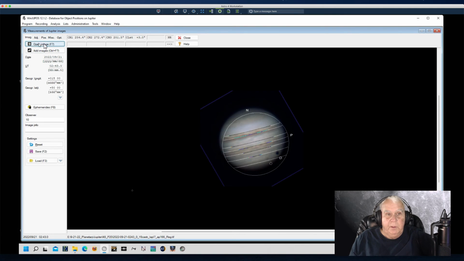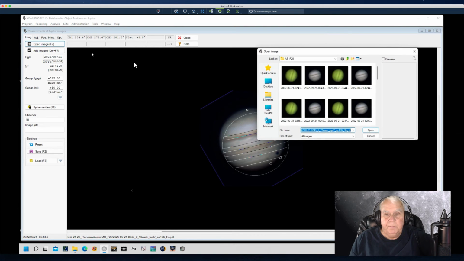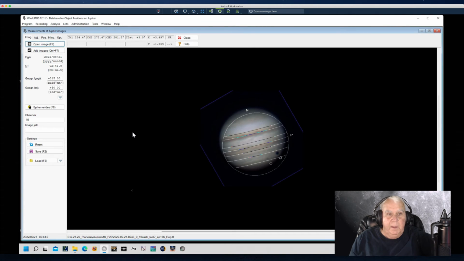And we're going to go to Open Image, grab the first one, and the time is 10:43. Universal time is 4 hours ahead of us. So we're in Eastern Standard Time, which is minus 4 hours. So 10:43 was when I took these 2,000 frames. And then, now that I have it loaded, I want to go to